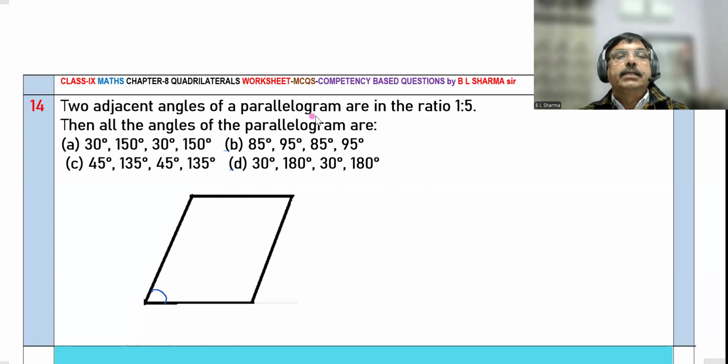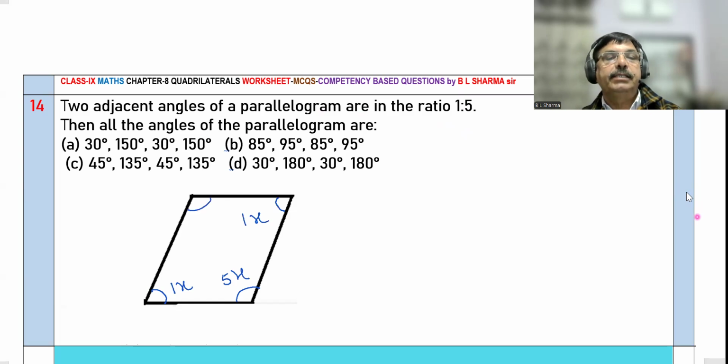Two adjacent angles of a parallelogram are in the ratio 1:5. Then what about the angles of the parallelogram? Let the parallelogram be given. This angle is 1x, and adjacent angle, this angle is 5x degree. We know in parallelogram opposite angles are equal, so this angle will be 1x degree and this angle will be